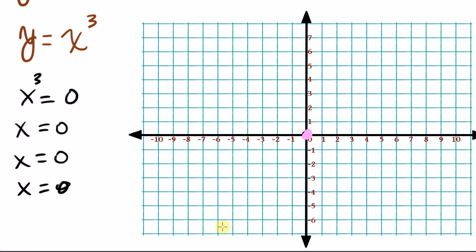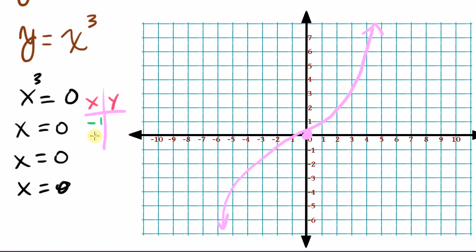Basically the cube function kind of looks something like that. Passes through that point, goes up. Again, this is a sketch. It's not accurate. If I wanted to get really accurate, I come over here and I make a table of values, and I say, okay, well, what happens when my x is